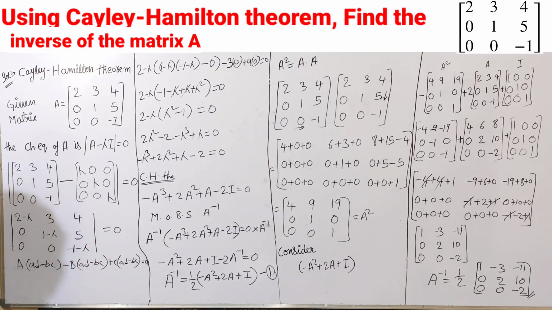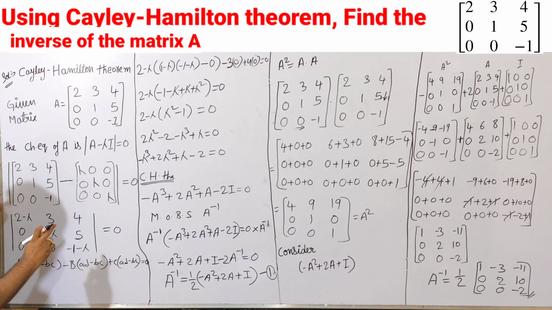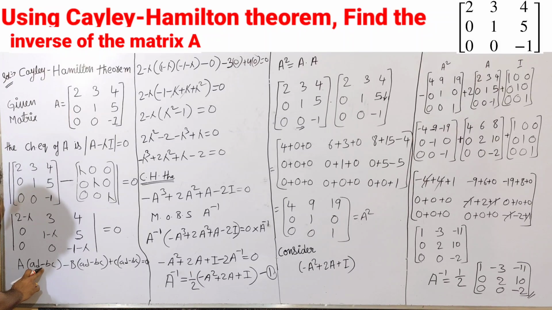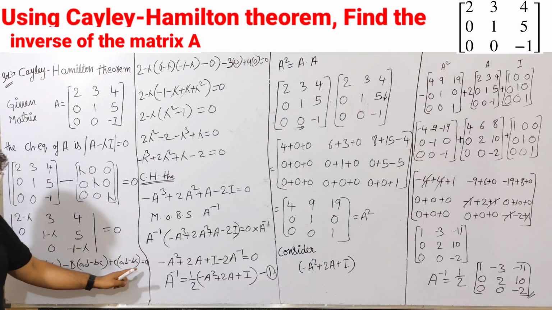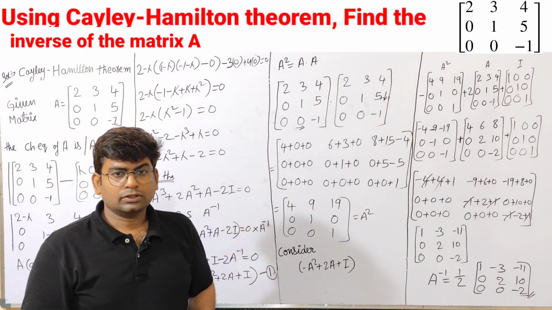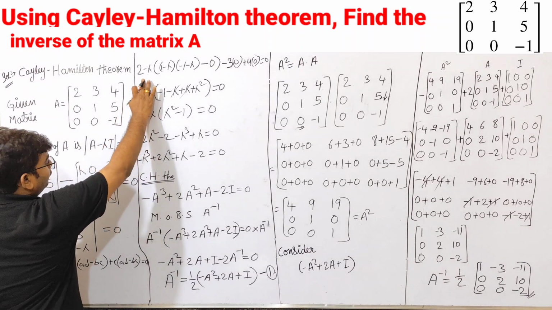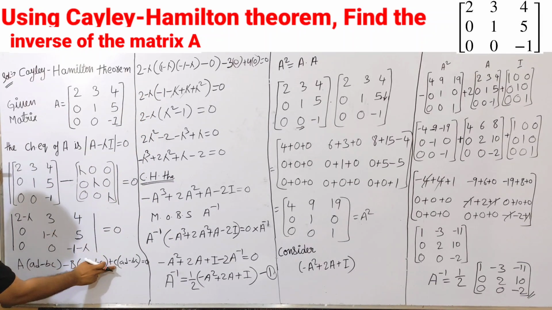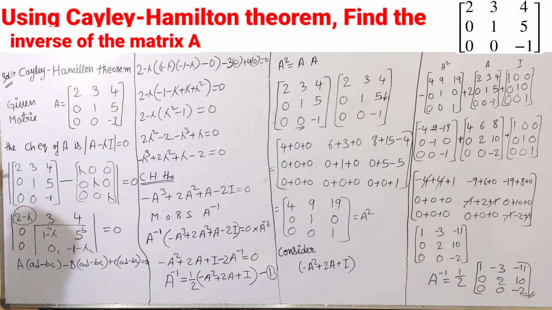is equals to 0. Now we should use the determinant formula to solve this. So what is the determinant formula? A(AD minus BC) minus B(AD minus BC) plus C(AD minus BC) equals 0. In this, capital A is 2 minus lambda, that is taken here. Capital B is 3, capital C is 4. Now we cancel the row and column, so we got these 4 values: A, B, C, D.